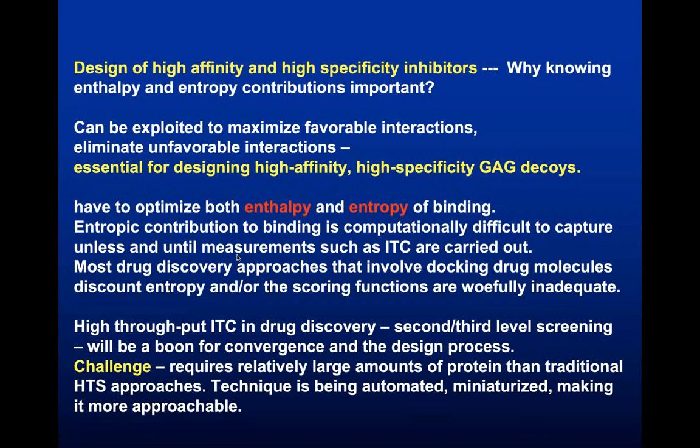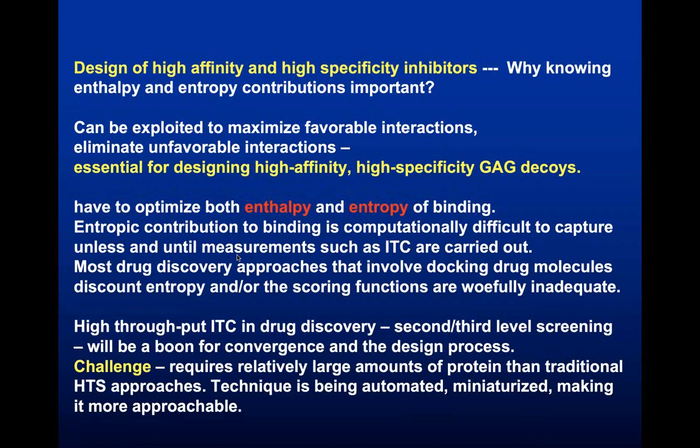And so you can have tight binding, and in the binding pocket, in the bound form, the protein and the other complex continue to be dynamic. So the binding is driven both by enthalpic and entropic factors. As I said, entropy is difficult to model, and the scoring function for entropy is very weak. It's completely inconsiderate. And these days you can get high throughput ITC, like second, third level screening, to zero in